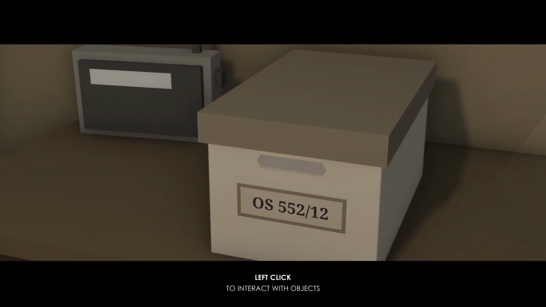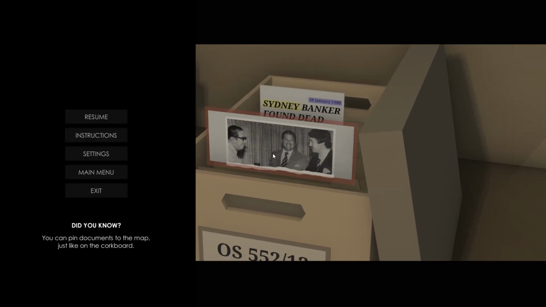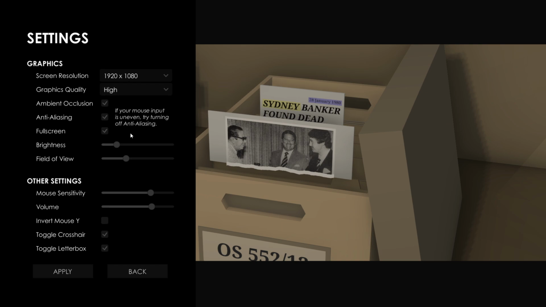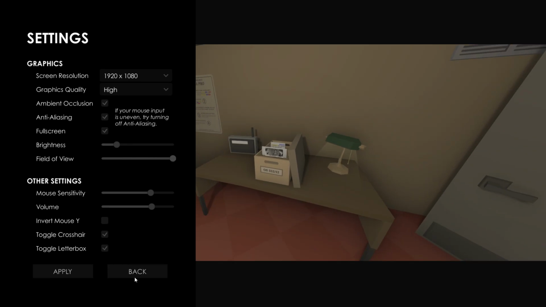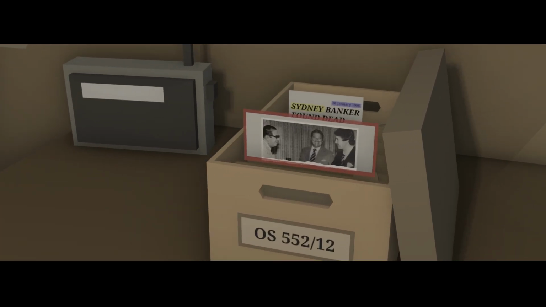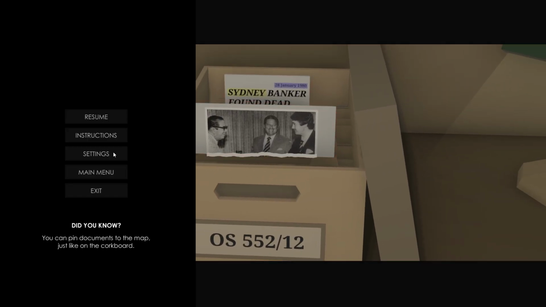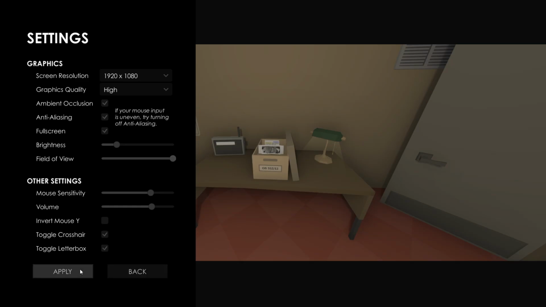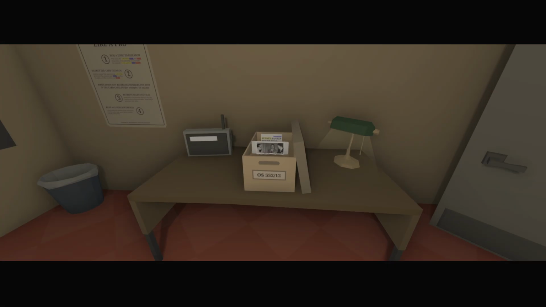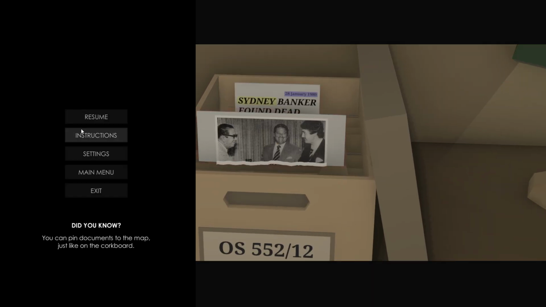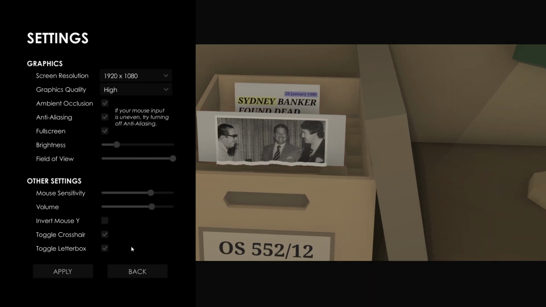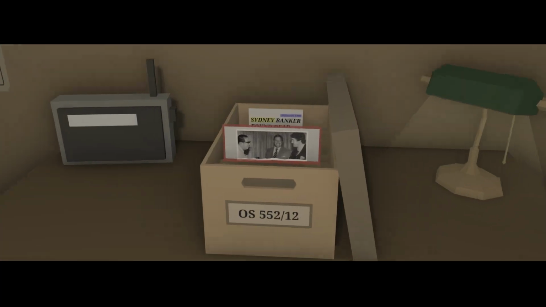Can I zoom out? Hold on, I need to. There we go. Okay.